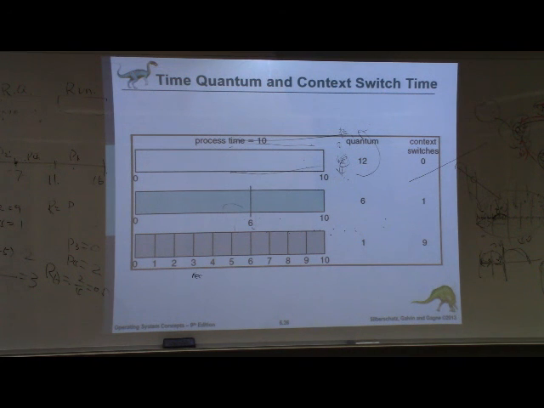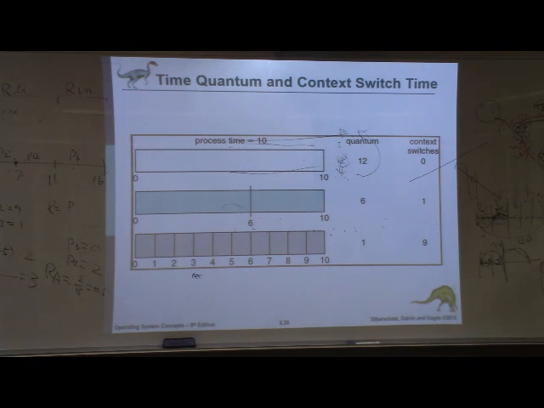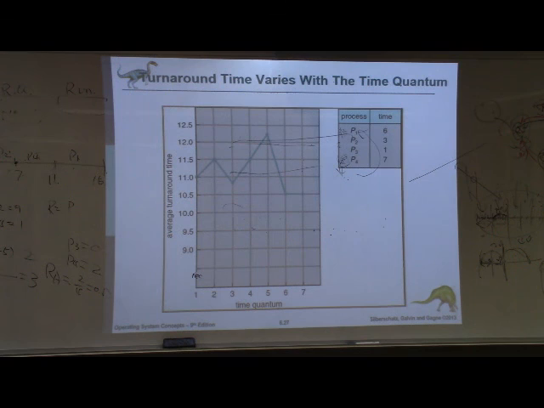Because of that characteristic, you don't have to implement it separately. Using round robin, by changing the quantum size, you can implement first come, first serve at the same time. So this is the quantum size versus the